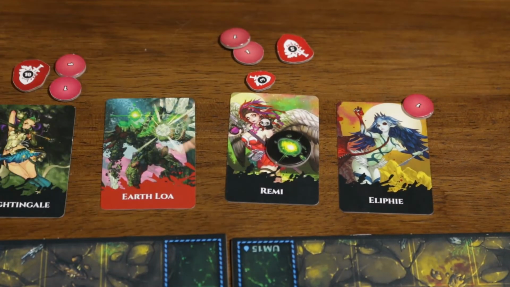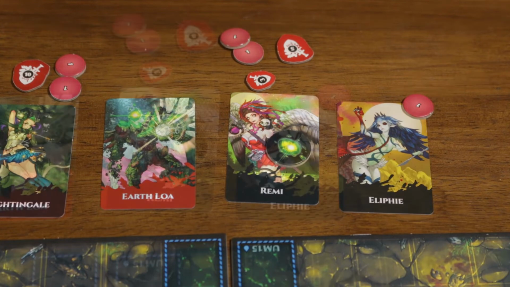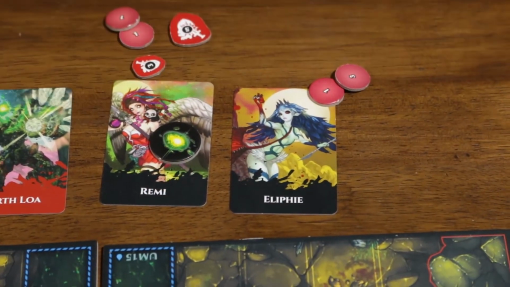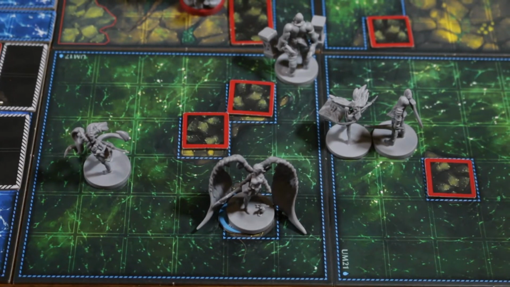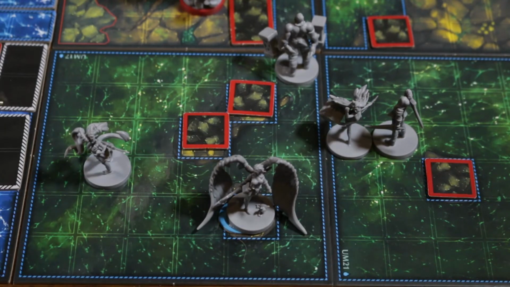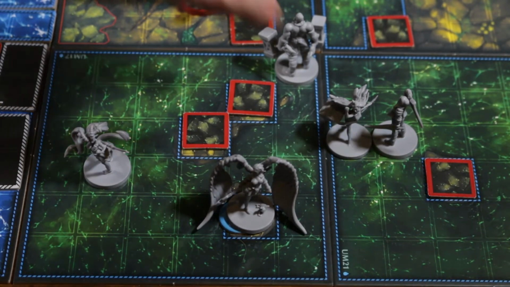Let's leave the Remy's activation there. We don't need to do anything more for the time being. So we'll move into Elifi's activation. We give her 3 points of stamina. I'm thinking let's get her moving. Although I do want to keep her in the area so she can help take down the Earthlower. Look, what we might do, we'll spend 1 point of her stamina to move, and we're just going to go